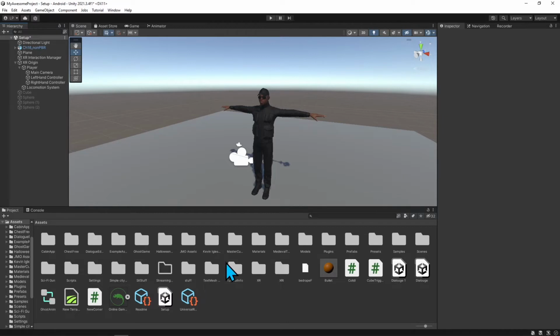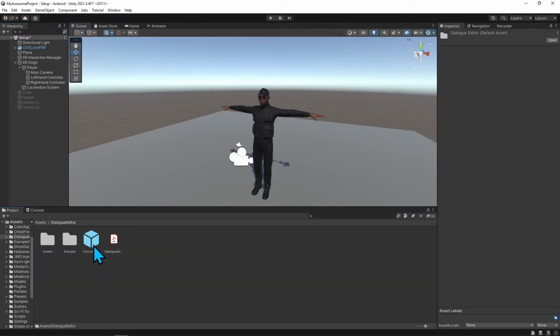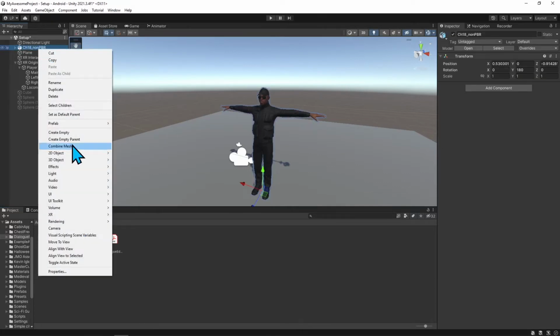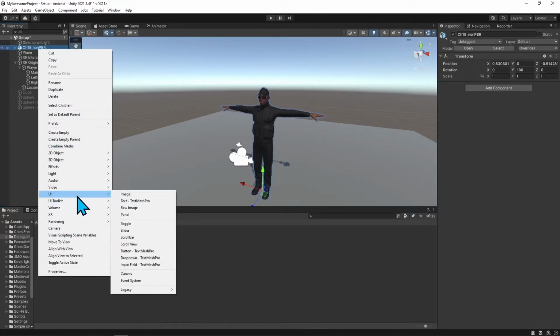It comes with a good detailed documentation. So I go to dialog editor down here. You see it has this PDF file for the documentation. But to set this up, we need to put that on a canvas. So the best way to do that for what we want to achieve is to put a world space canvas onto our character. So let's right click on our character, go to UI,